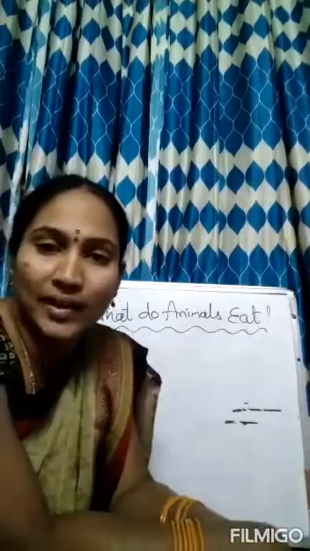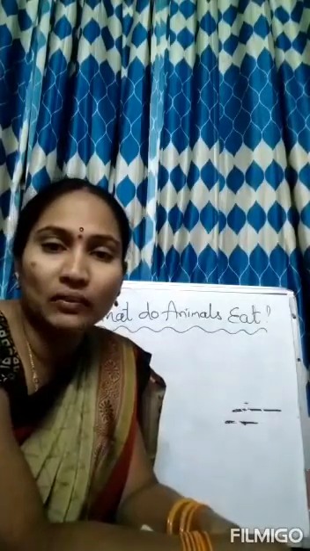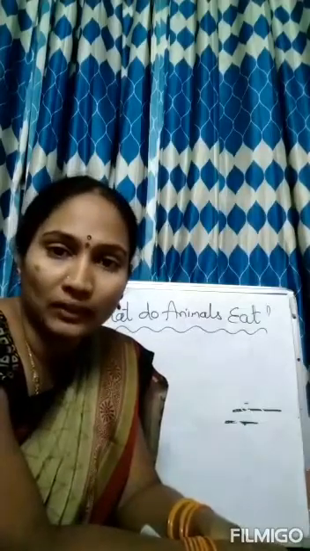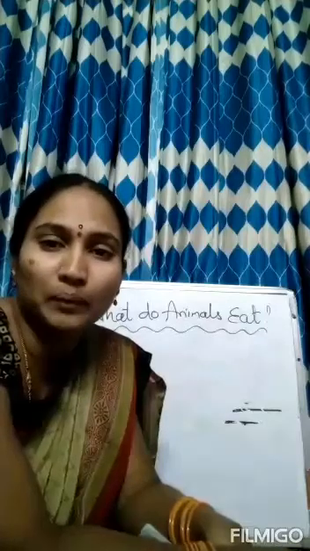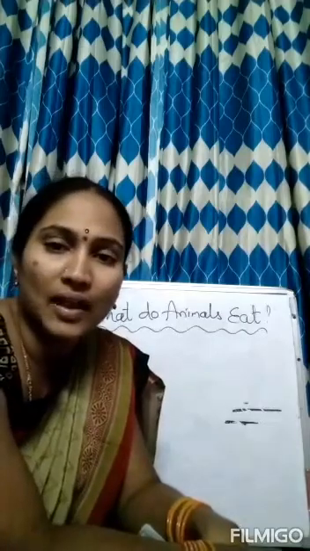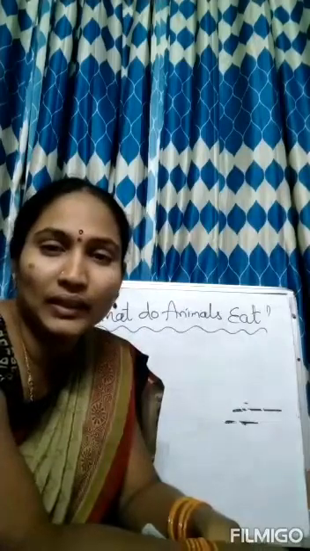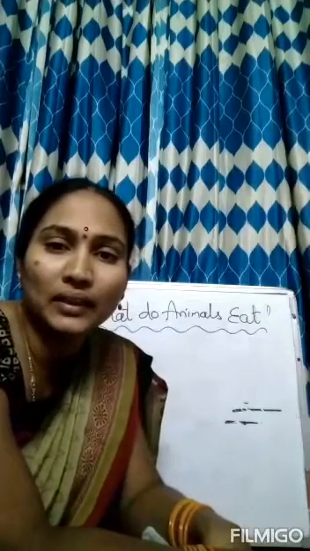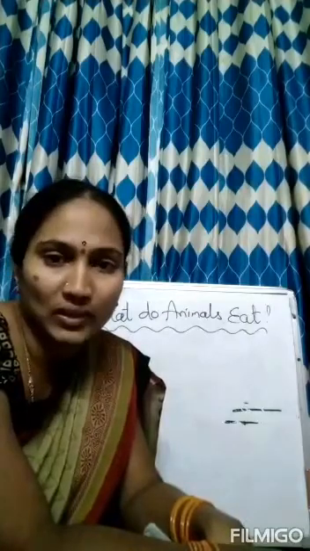Why are crows called natural scavengers? This is a very important question for you. Because the wastage that we throw outside from our houses, they usually eat, and they'll make that place clean. They'll make our surroundings neat and clean by eating all that wastage. So in this way we can say that they are natural scavengers. And vultures also eat dead animals that are in our surroundings. By eating this, they'll make the place neat and tidy. So crows and vultures are called natural scavengers.